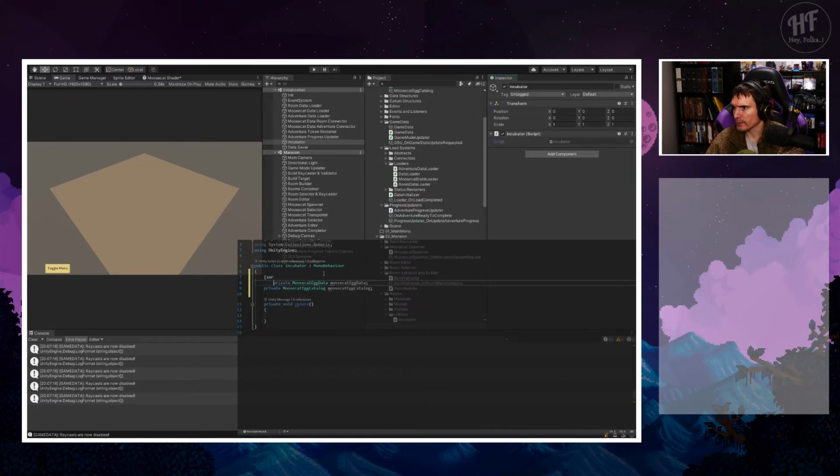We'll serialize these both. And then on start, we're gonna say Moosecat egg catalog.get, and we're gonna